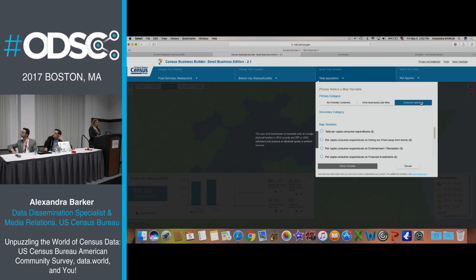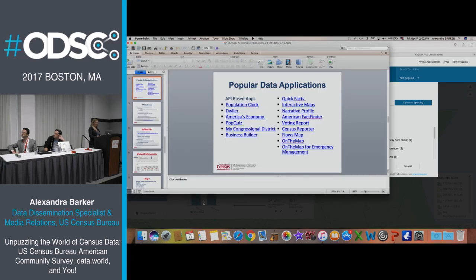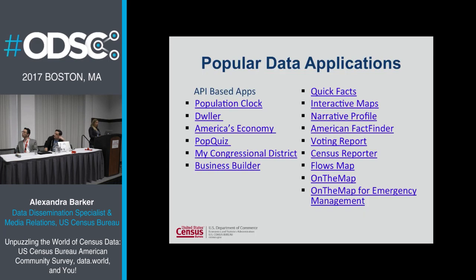And the last one, it's calling the ESRI data set for consumer spending data. So this is just one of the many, many tools we have out there. They are now interacting directly with the Census API. And I just gave you a list, and they all have hyperlinks, so when you get a copy of this, the first column are all Census API based. This column are great, excellent data tools here for you.